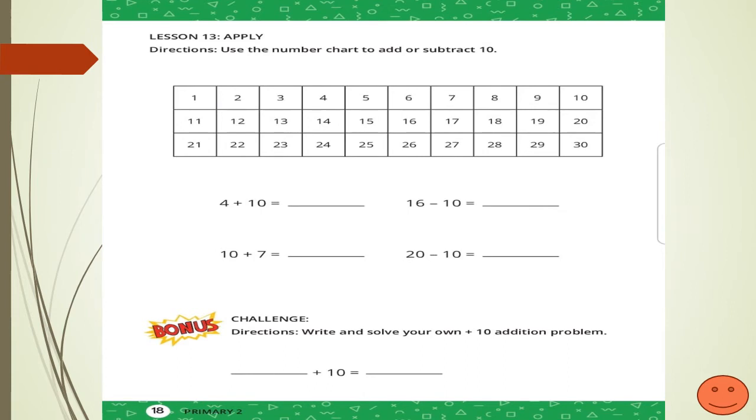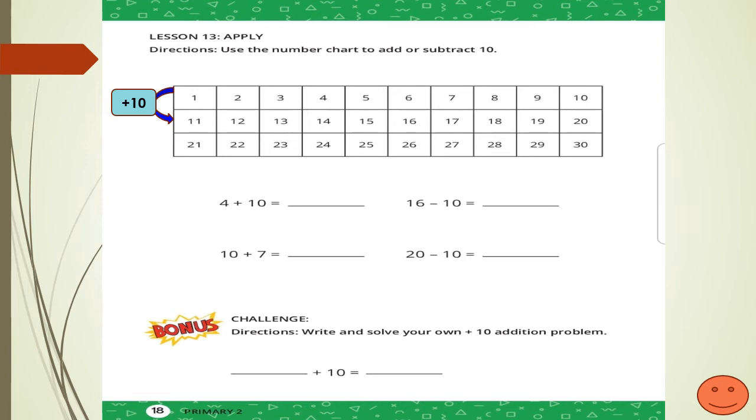Lesson 13, the apply part. Now, my dear students, look carefully at the following number chart to add or subtract 10. Here we have numbers written from 1 to 30. They are written sequentially, like 1, 2, 3, 4, 5, 6, and so on till 30. Okay? We will find that 1 plus 10 equals 11, 2 plus 10 equals 12, 3 plus 10 equals 13,